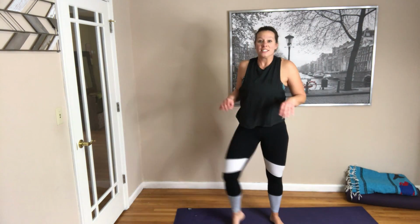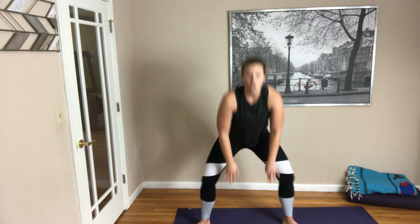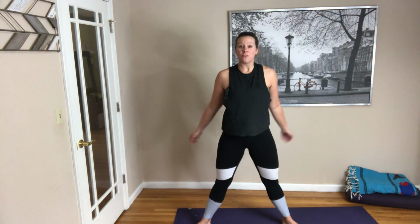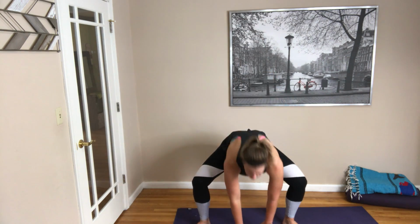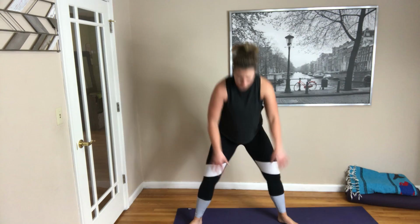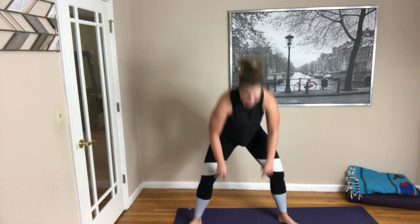And we got Frogger squats for the last one, or plies. Our heels are in, toes are out. We're gonna touch the floor and then stand up. Reaching down, touching that floor, squeezing the glutes as we stand. So this one, if you want a little more cardio with it, you can take it to a jump, but you don't have to. So either option, and to be totally honest, I'm not gonna